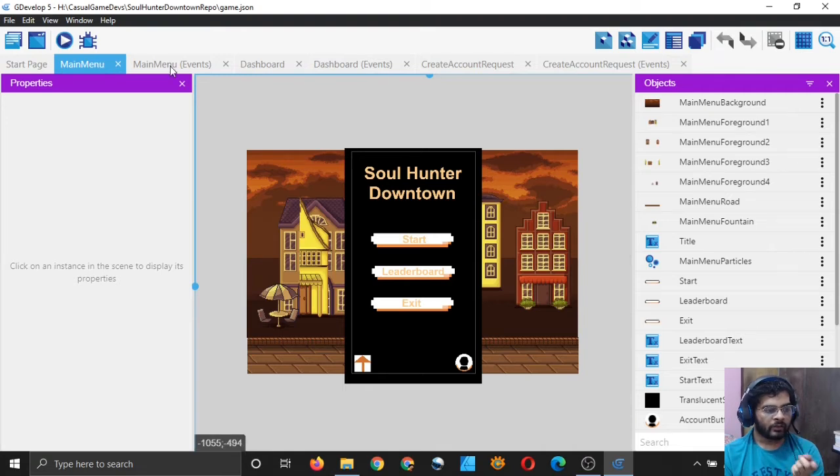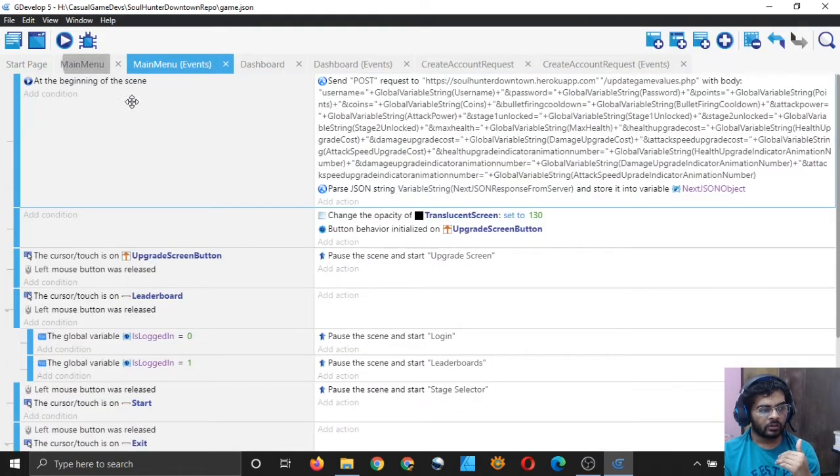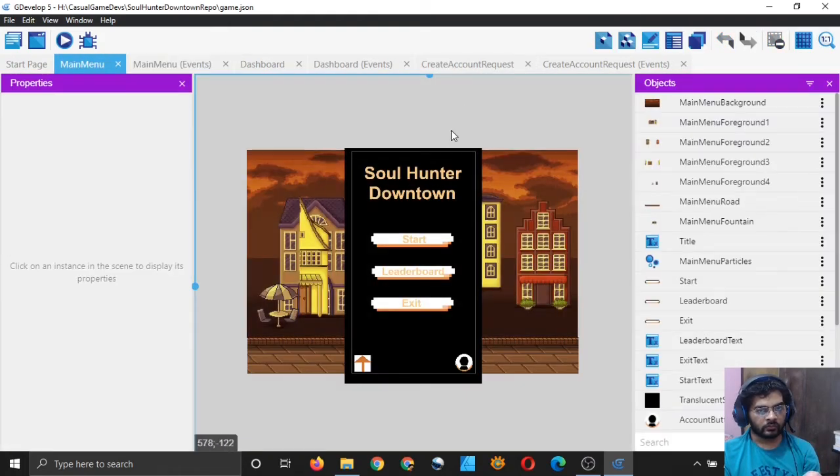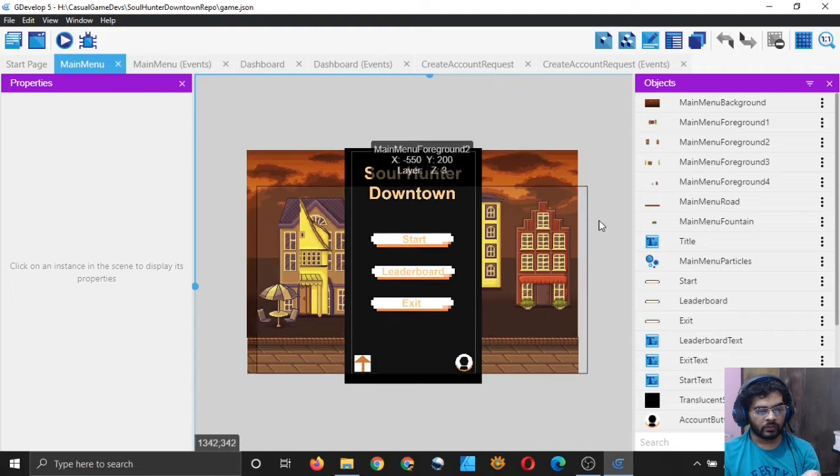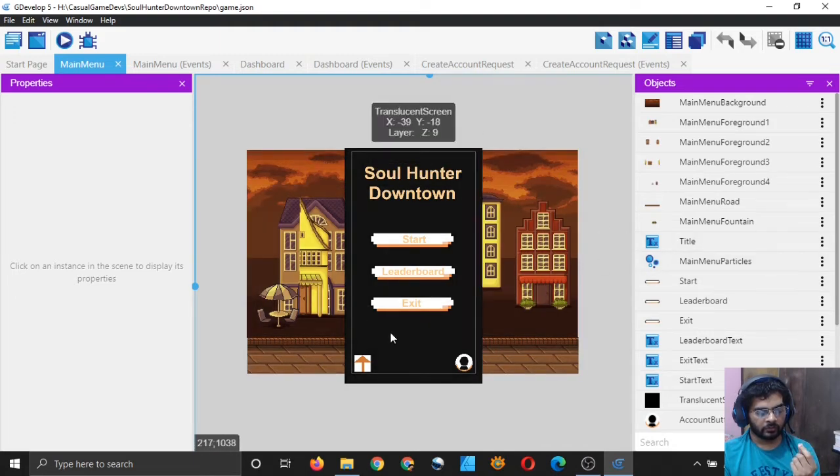And while saving is happening, I want to show the user some text, right? Because while the saving is happening, they will not be able to do anything.